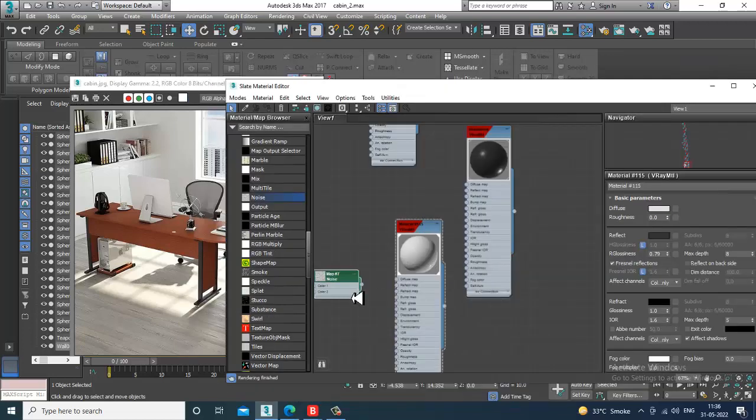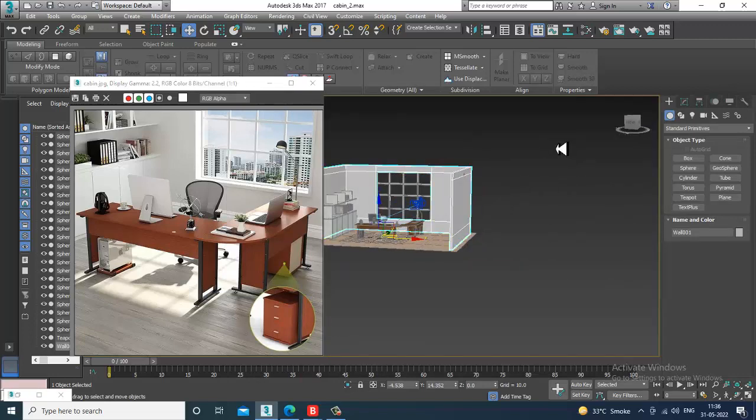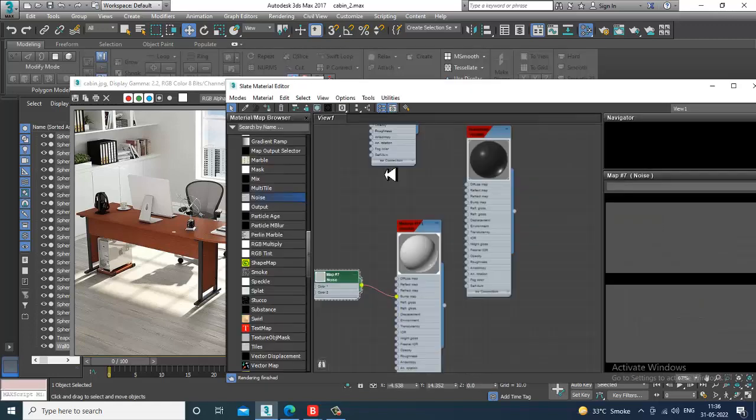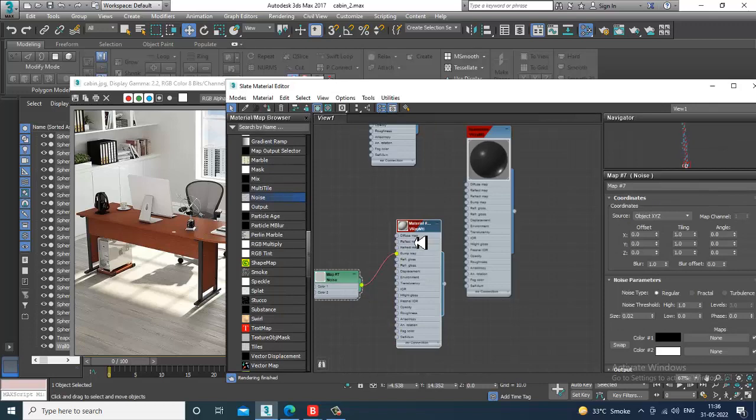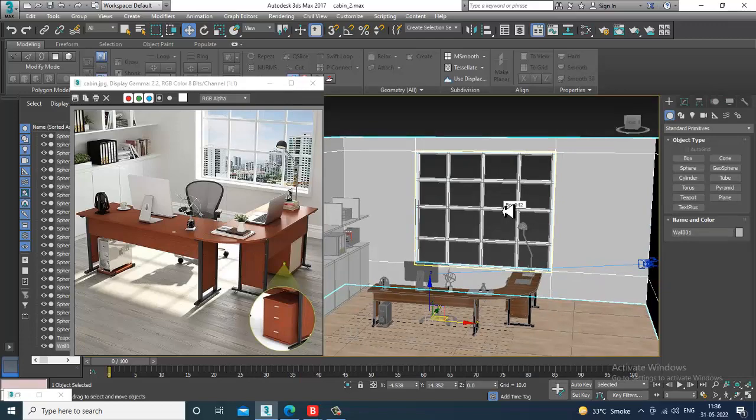Let's connect this noise with a bump map. Go into the noise, I'll make it regular and I'll keep it as 0.02. So the noise over here is very less. I have definitely assigned this. Alright. After that,